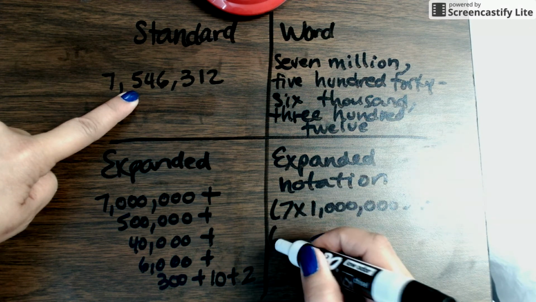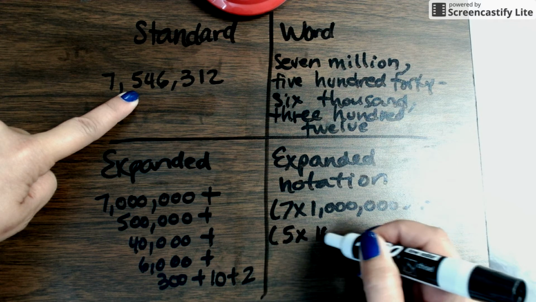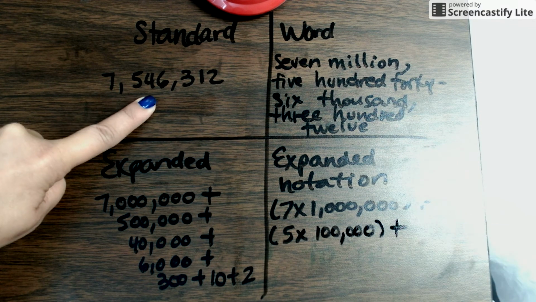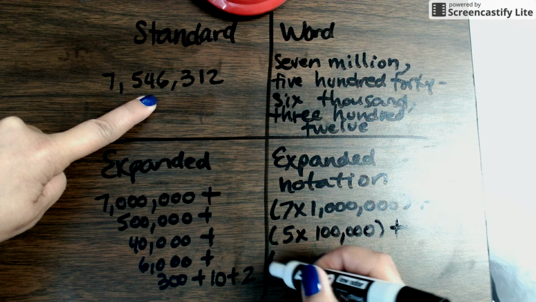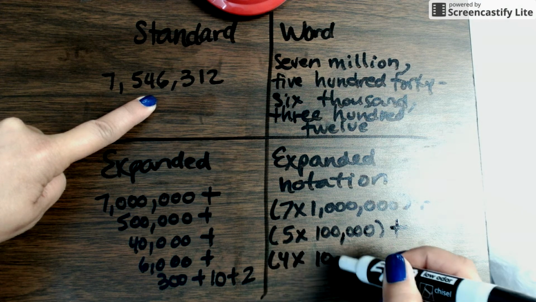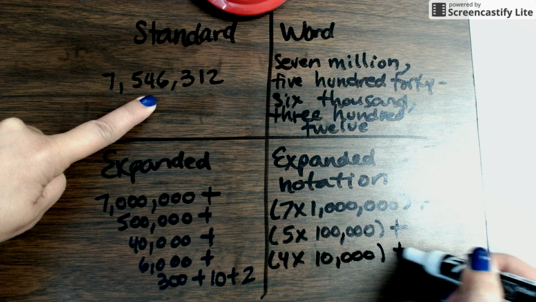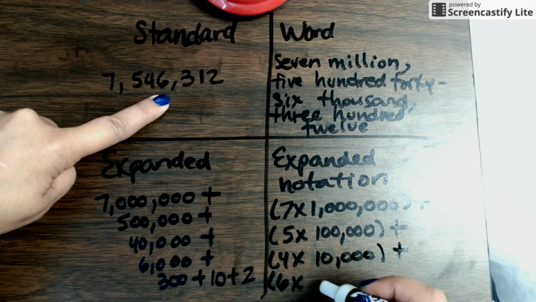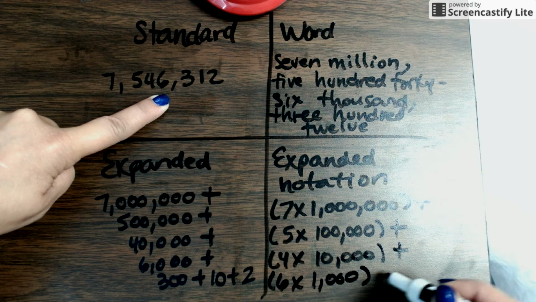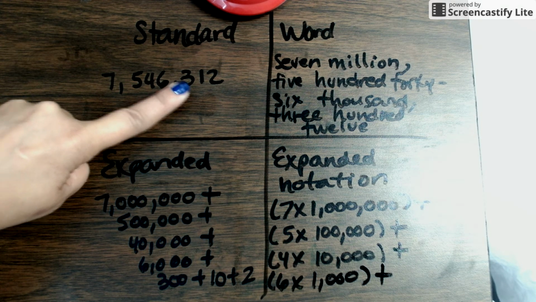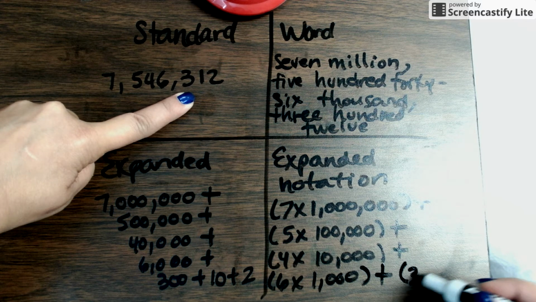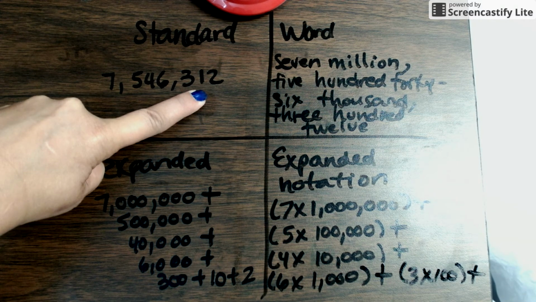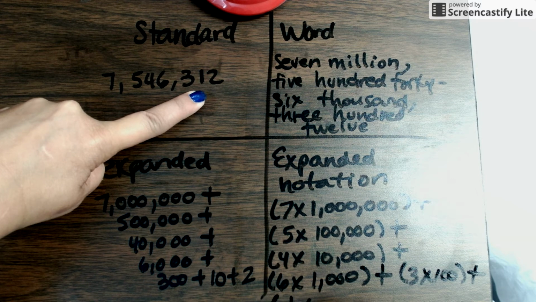The 5 is in the hundred thousands place, so we would say 5 times 100,000 plus a 4, which is in the 10,000s place, so we would say 4 times 10,000 plus 6 is in the thousands place, so we would say 6 times 1,000 plus the 3 is in the hundreds place, so we would say 3 times 100 plus the 1 is in the tens place, so we would